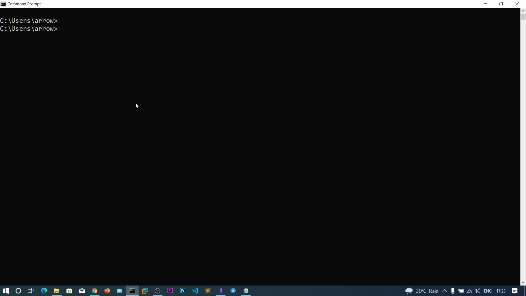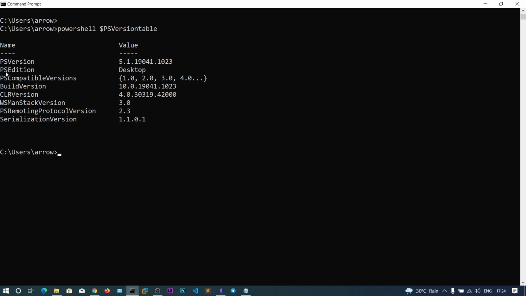In Windows we need to view the PowerShell history, right? So you will get the normal command prompt reverse shell. Assume that this is the reverse shell, and you first need to check whether PowerShell is installed or not. To do that you say powershell, then $PSVersionTable. This will show you the PowerShell versions supported by the system, and the current PS version is 5, so it will support up to 1, 2, 3, 4. That means PowerShell is actually installed on this system, and the user may type PowerShell commands.